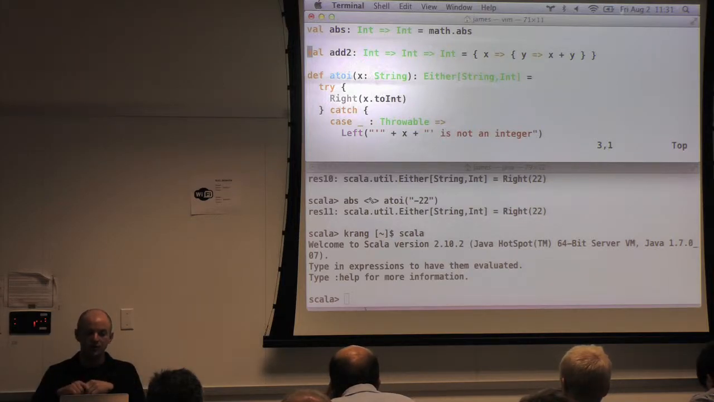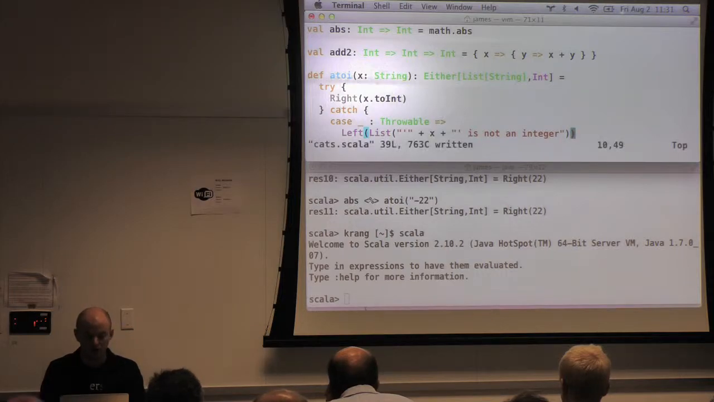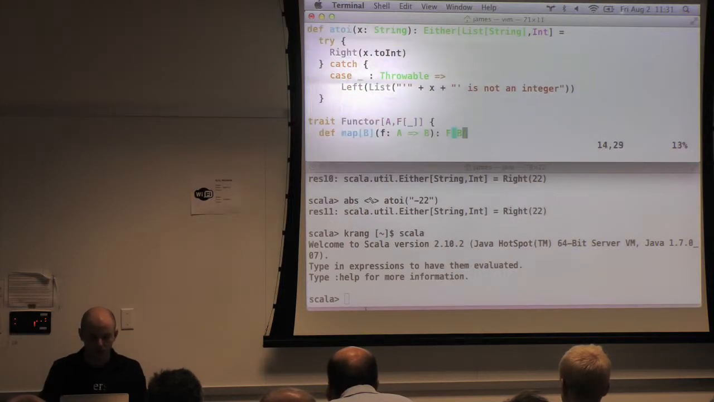So we're going to change our either type a little bit to be either a list of all of the error messages, all the things that went wrong, or the successful final result. And so this doesn't change much. This is just we insert a list there. But